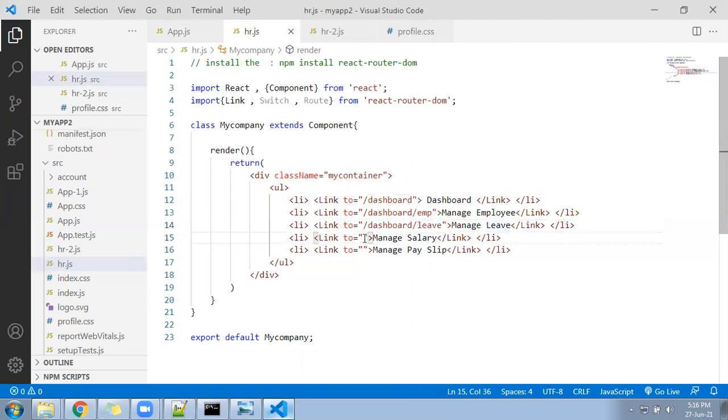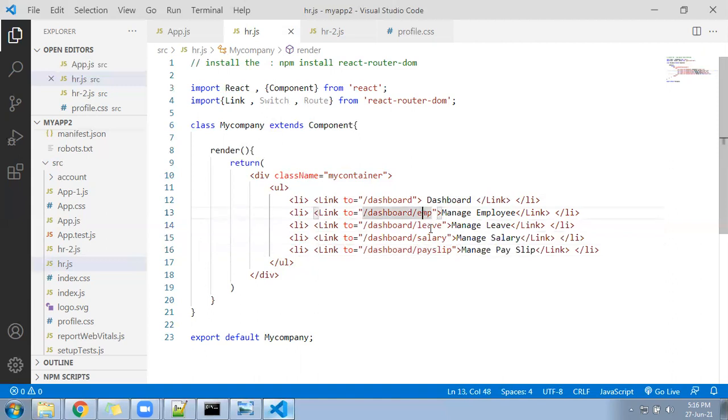I'll go again slash dashboard slash for salary. Let me keep as a salary URL. Now for payslip, let me go here dashboard slash payslip. I can write directly. See here, how many menu I generated? I generated total 4 links.